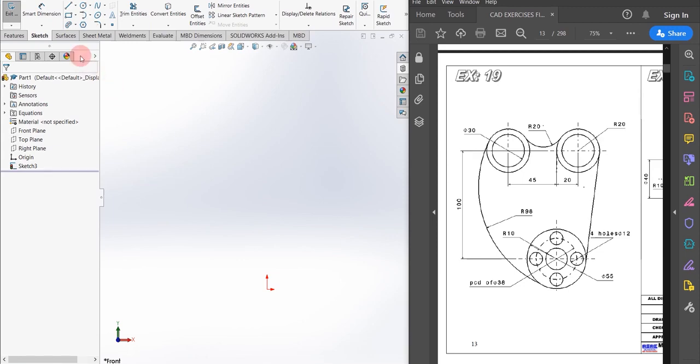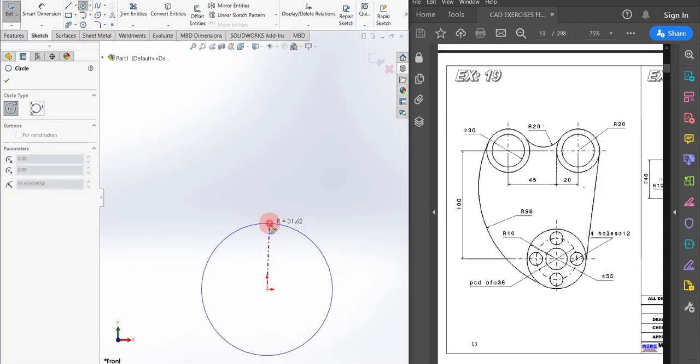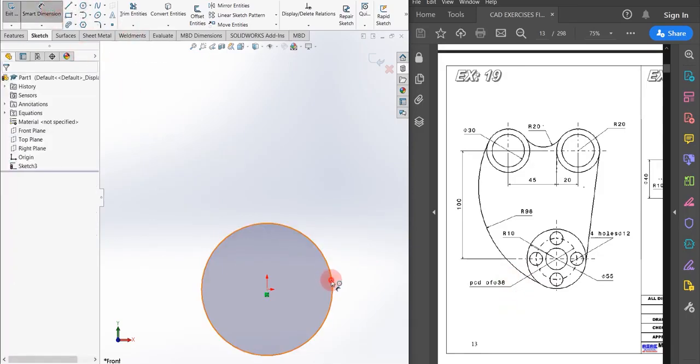So let's start. First of all, I'm going to construct a circle, as you can see in the bottom of the component. Given that the diameter of the circle is 55, I'm just giving the dimension 55.